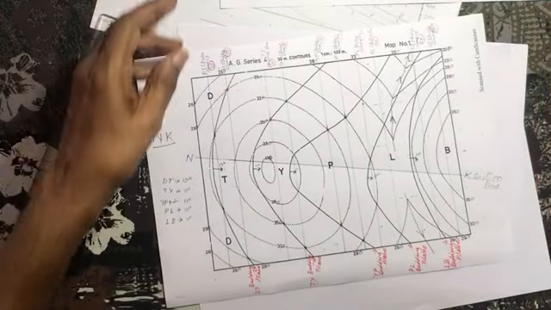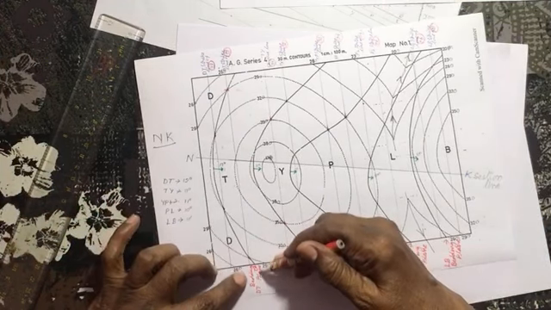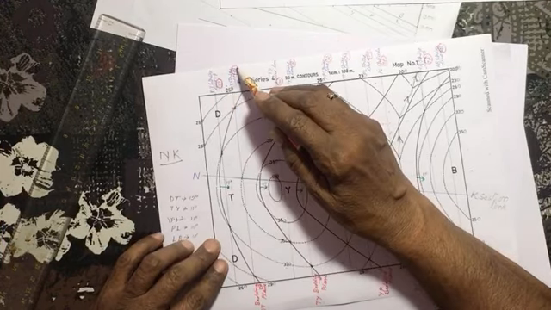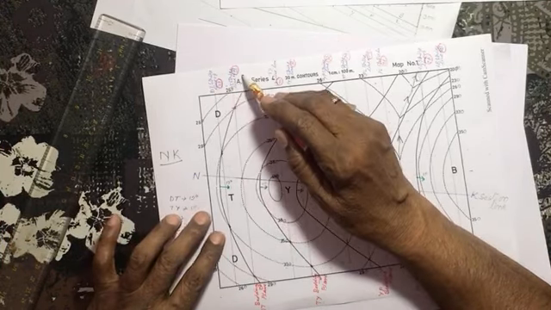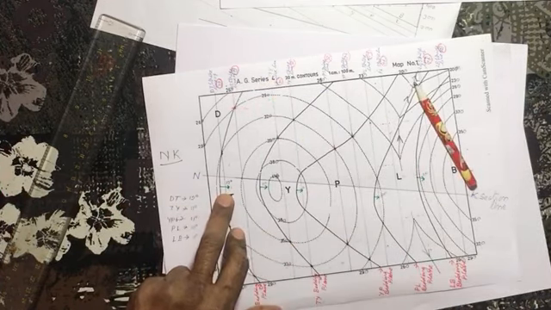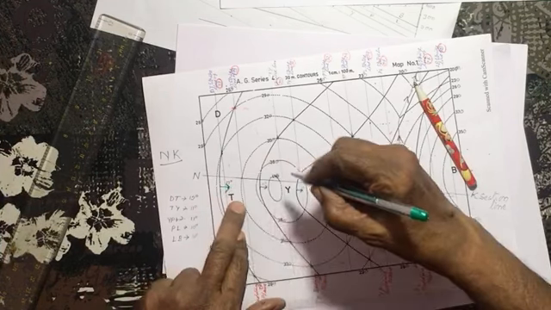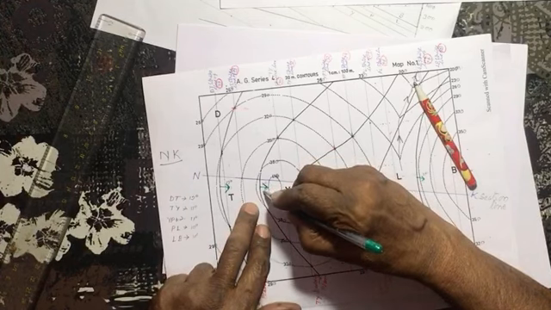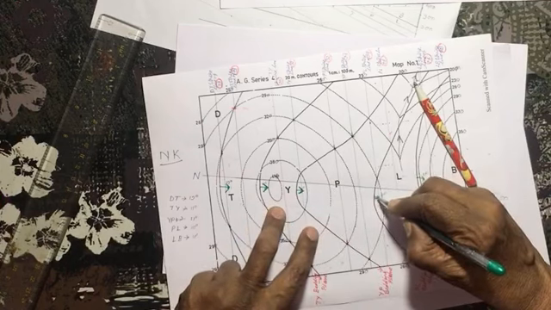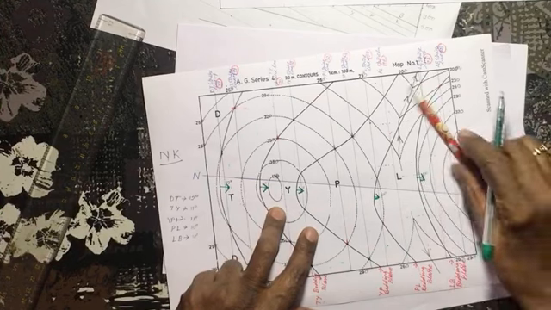So this is what I had found out for this bedding plane. DT bedding plane, we are having two strike lines, DT strike line of 32 and DT strike line of 29. So it is higher strike line towards the lower strike line. I had marked this arrow. This green color arrow indicates the direction of the dip for this one. This is another direction of the dip for another bedding plane. This is the direction of the dip for another bedding plane. This is the direction of the dip of another bedding plane. And this is the direction of the dip for this bedding plane.